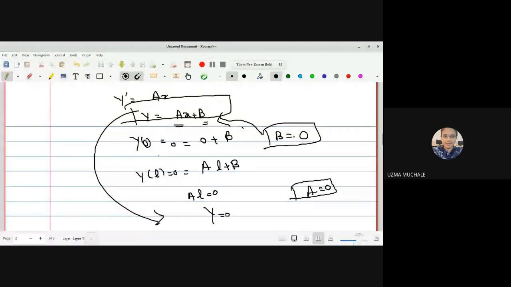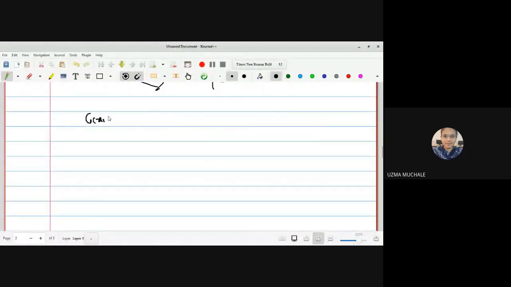Now we have to proceed to find out the Green's function. Okay. What is initial consideration for that? The first step is we have to write this as g of xt is equal to. Now we can write it in the form of, say, a1x plus b1 and a2x plus b2, right? As we know that the solution is in the form of ax plus b, so that's why we are writing the Green's function in the form of ax plus b. Okay, within the interval 0 to t and then t to l.